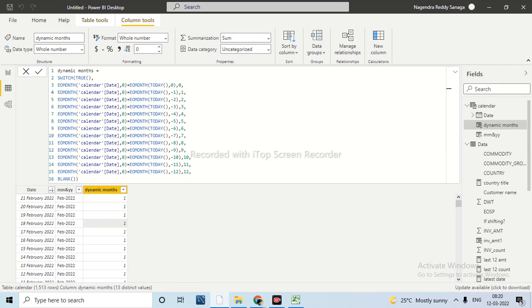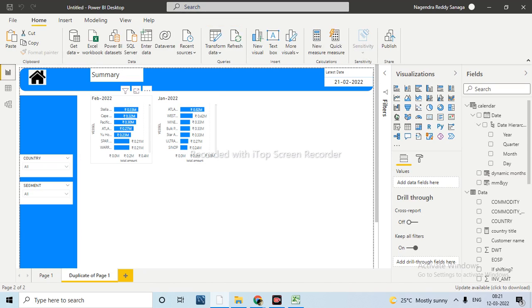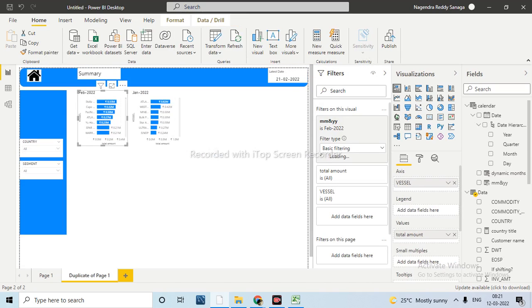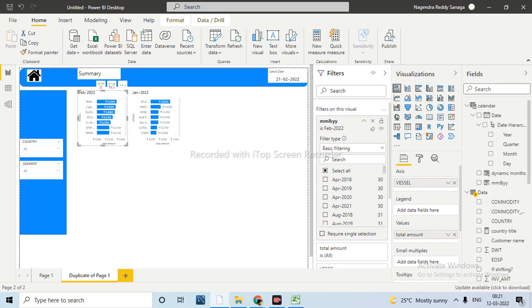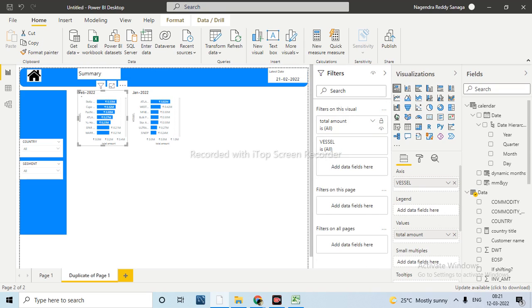Now, after creating this one, let me tell you how to map this information here. Now here, what I can do directly. As of now, we don't have the March month, so I am not passing it here. Earlier, every time we needed to pass this information, right? Now, ignore this one. Now, the dynamic month which I have created.